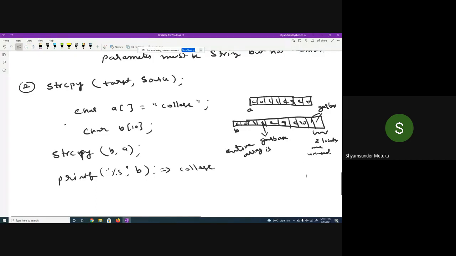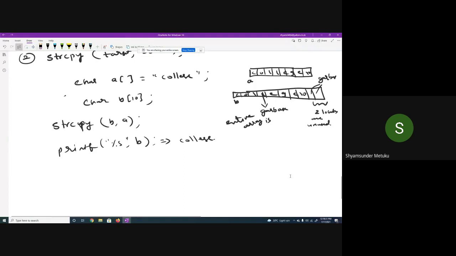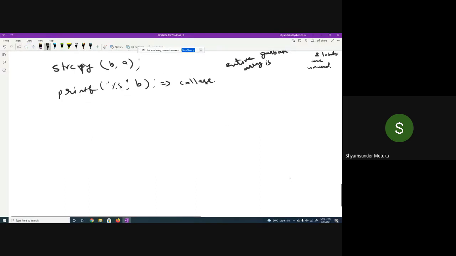Yes, sir. So whenever you are trying to print the contents of B, even though B has more length than the required string, because of the null character, the remaining garbage will not be printed. So the null character plays such an important role, which lets the user or programmer see the expected results. If a null character is missing, it is going to print some random data or garbage, which is very difficult to understand. Is it clear? Yes, sir.